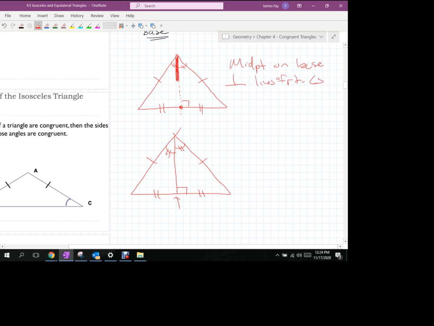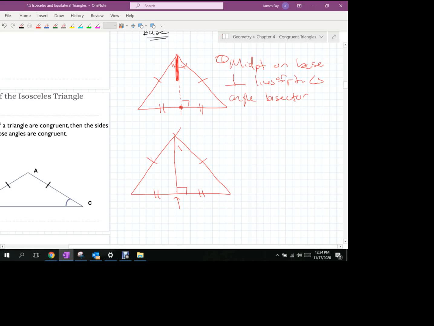And we also have an angle bisector at the top, at the vertex. If you have one of those things, any one of those, automatically the other two come into play and are true. So if I were to tell you